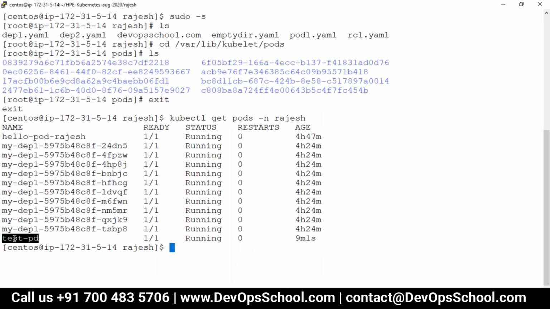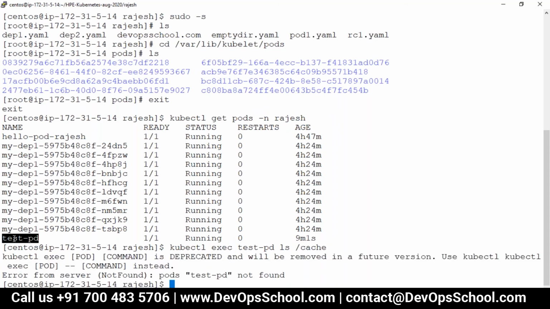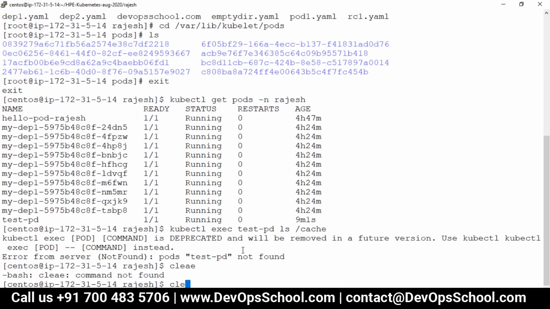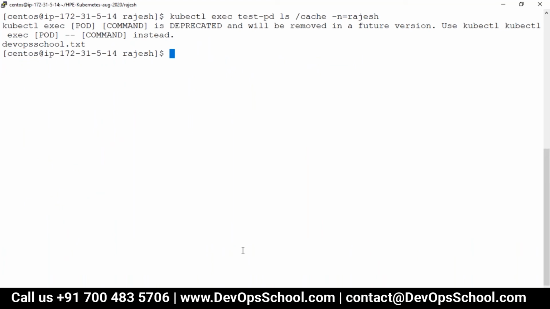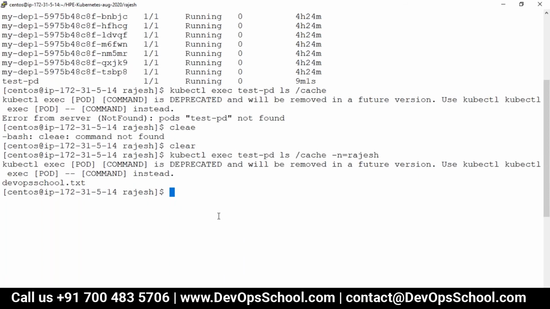See here. You want to list out here, kubectl exec this one, and what do you want? The cache, right? See? Note, kubectl exec test pod ls. What is the mistake in this command? Okay, namespace is missed. Yeah, I have a problem remembering the namespace. The reason is, I typically embed the namespace in the kubeconfig only, so I don't have to type it again and again. Okay, anyway,